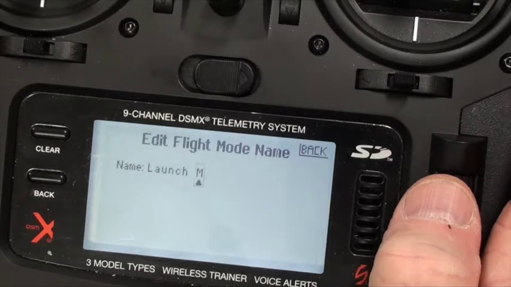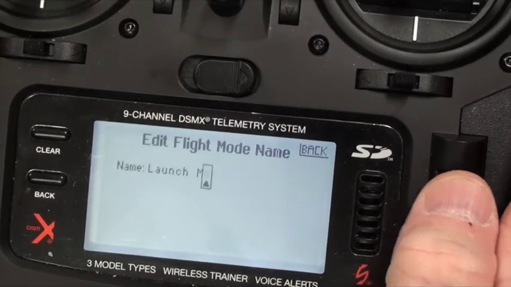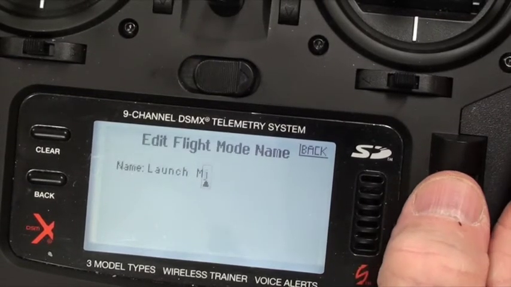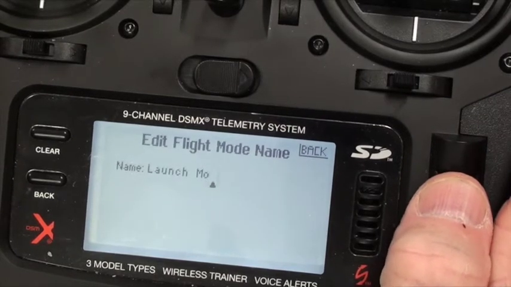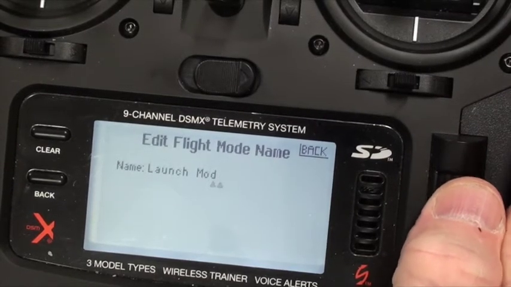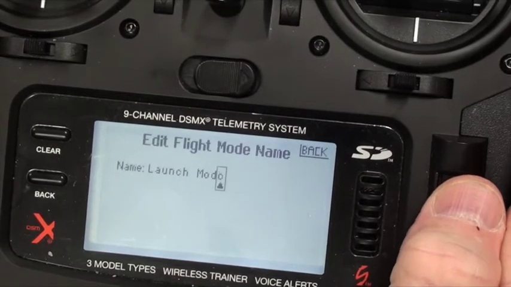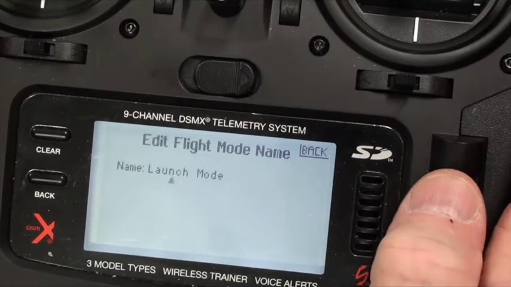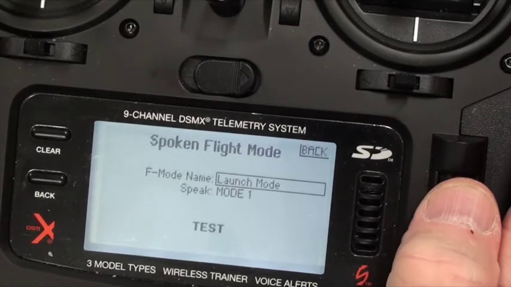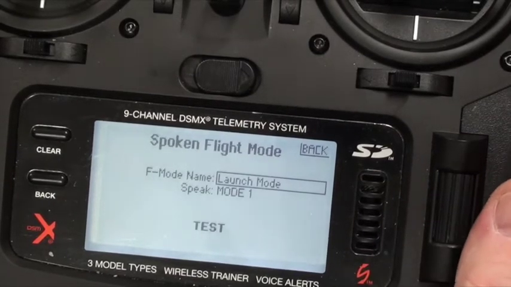I like to use capital and then lowercase. It's just my preference. It's easier for me to read. So there's launch mode as now